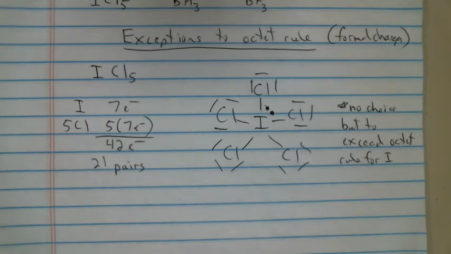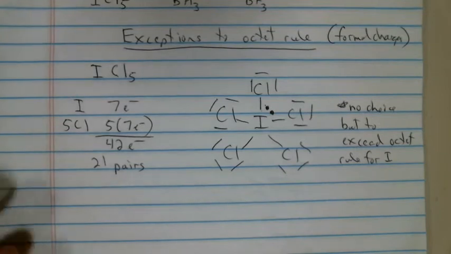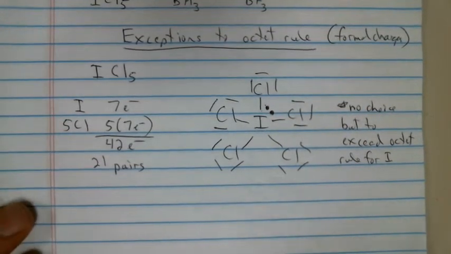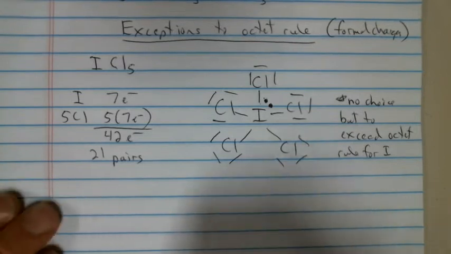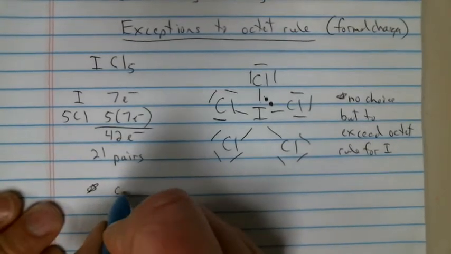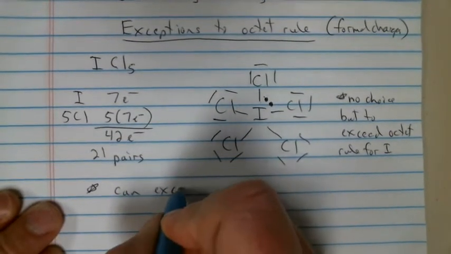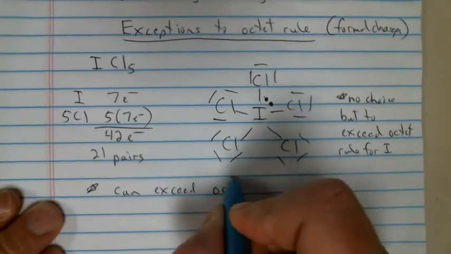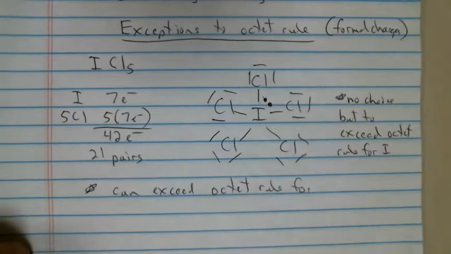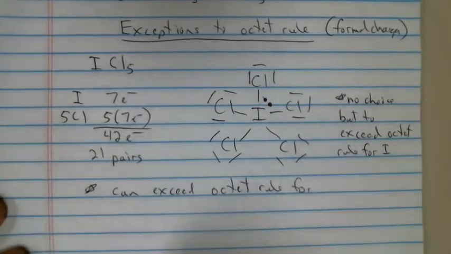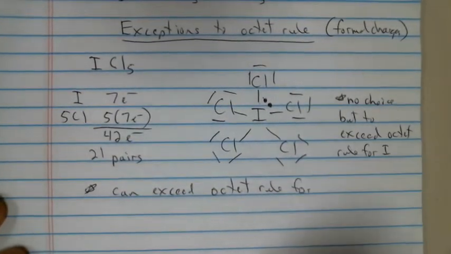And here's the deal. Some people think there is no octet rule, that you shouldn't go by it. I'm not that far. I don't think that's useful. But we can exceed the octet for a lot of atoms, for any element below